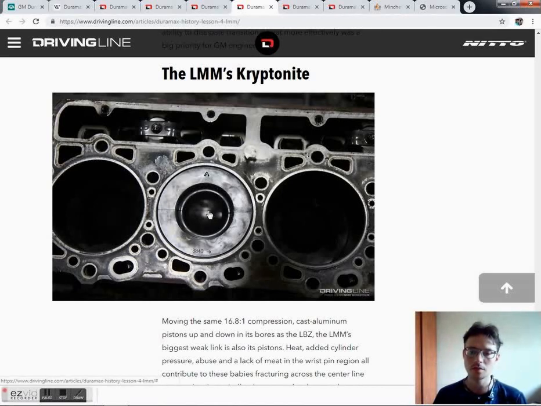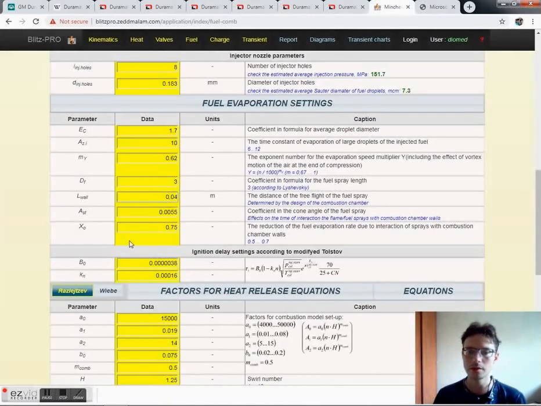So the length of the spray flight, assuming some interaction by the swirl, is about 35 to 40 millimeters, so maybe 38 millimeters. So these coefficients